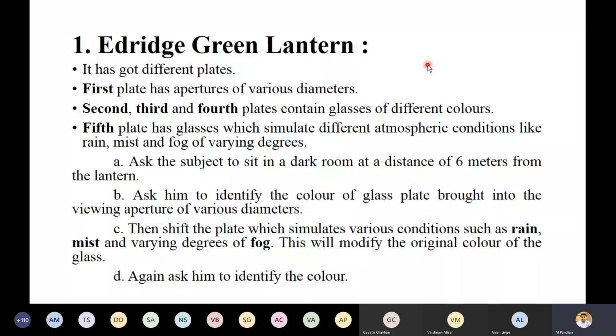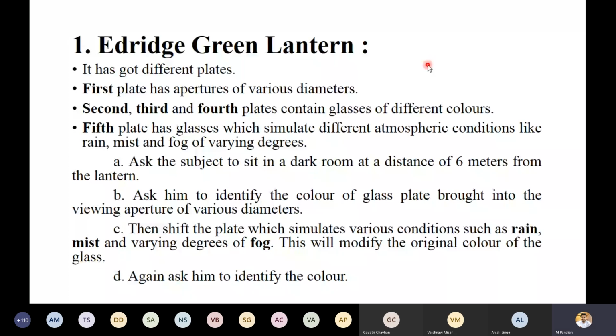It has different plates. The first plate has apertures of various diameters. The second, third and fourth plates contain glasses of different colors. The fifth plate has glasses that simulate different atmospheric conditions like rain, mist, fog of varying degrees. Ask the subject to sit in the dark at the lantern, that is a particular apparatus.